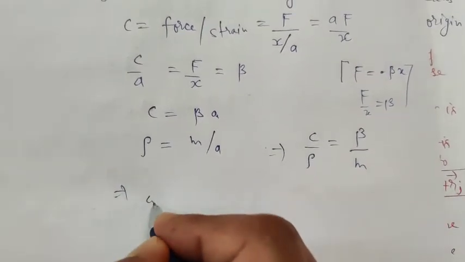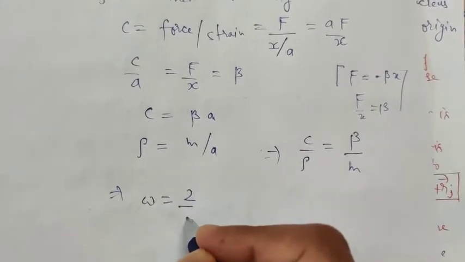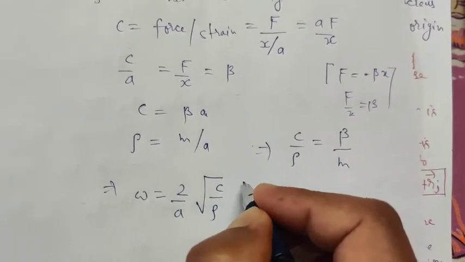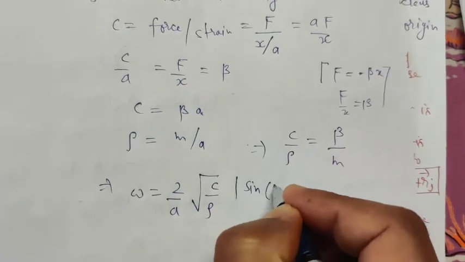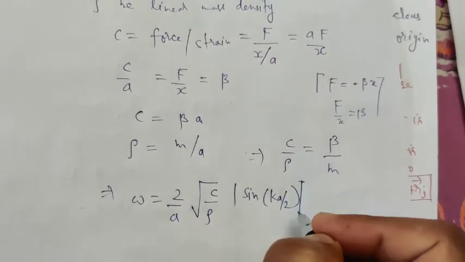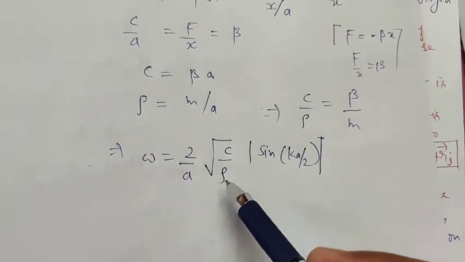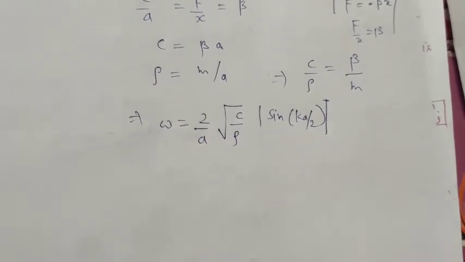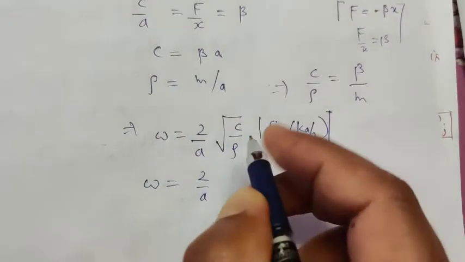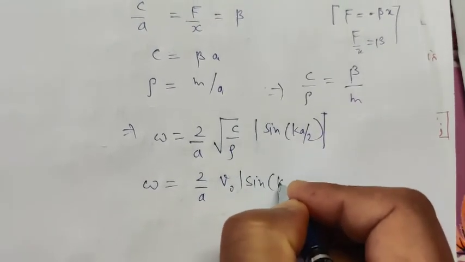omega will be 2 upon a under root c upon rho, sine ka upon 2, where this stiffness upon this density is nothing but the velocity of sound in solid. So this omega will be 2 upon a, this will be v naught sine ka upon 2,